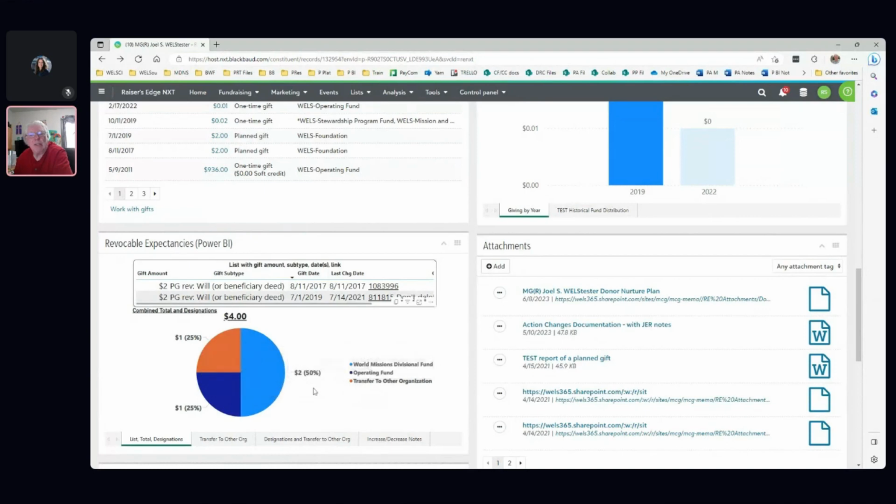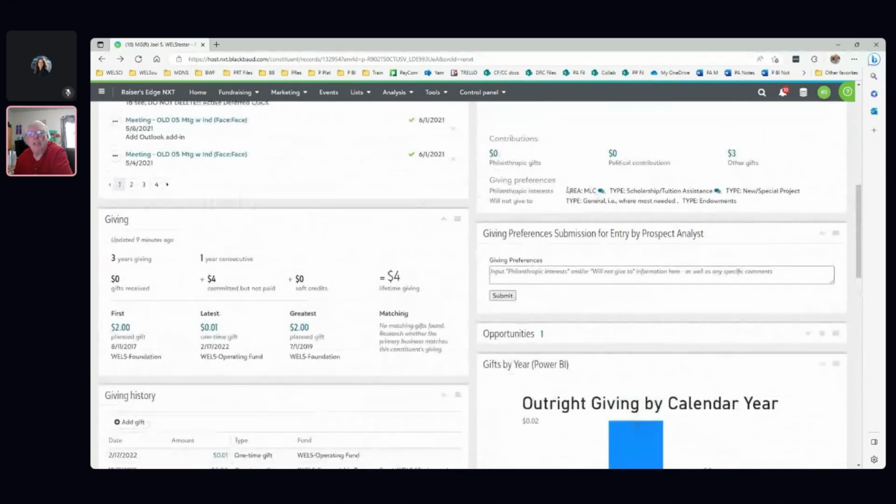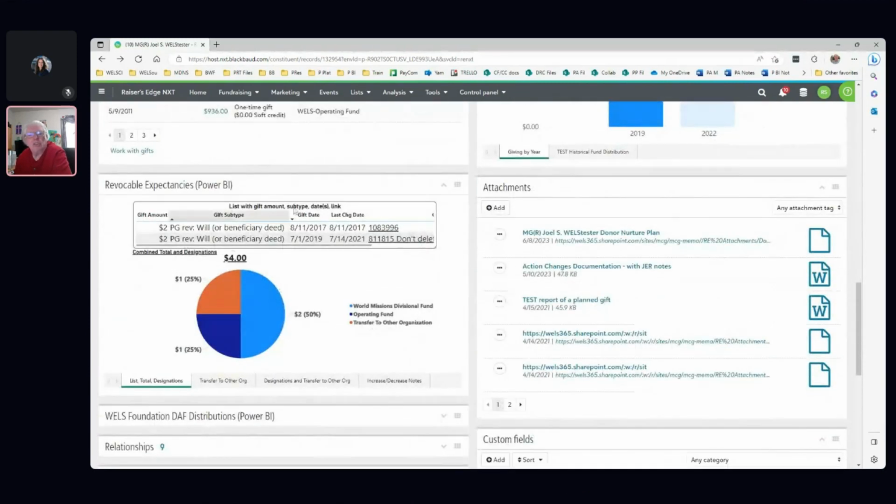So when you combine this with the gift information, with the philanthropic interest information, our field officers can see very quickly what is it that people are interested in, what areas of our work do they want to support, what do they want to hear about, what do we want to talk to them about. So we use these reports to accomplish that, and they've been very well received.